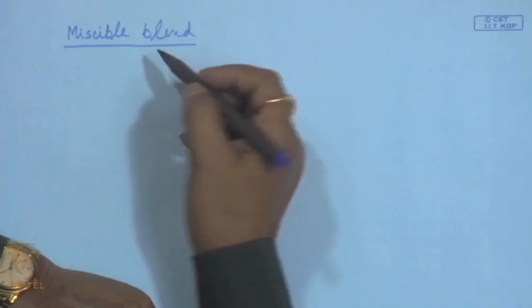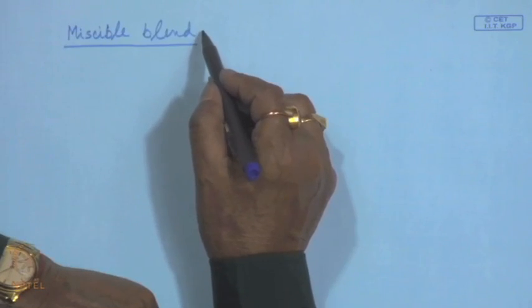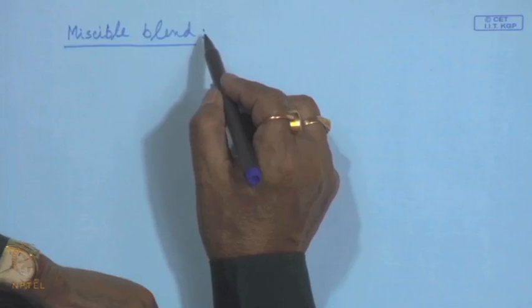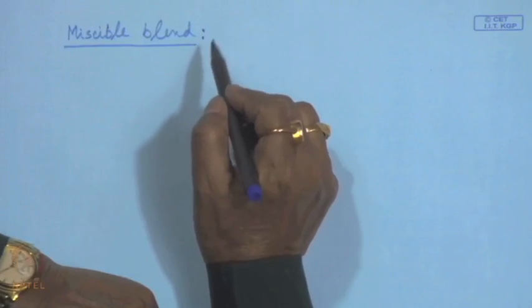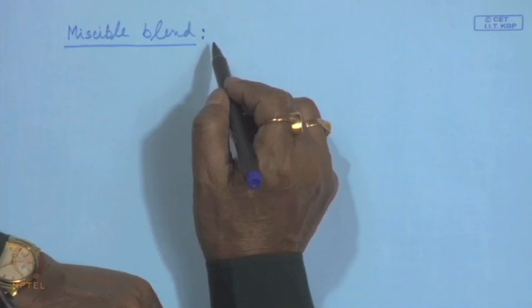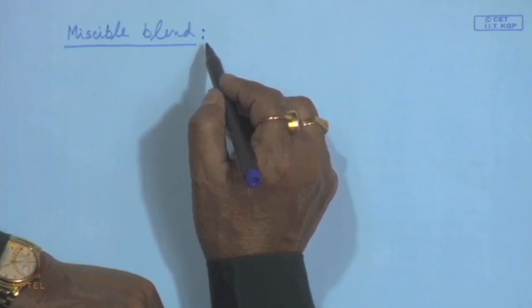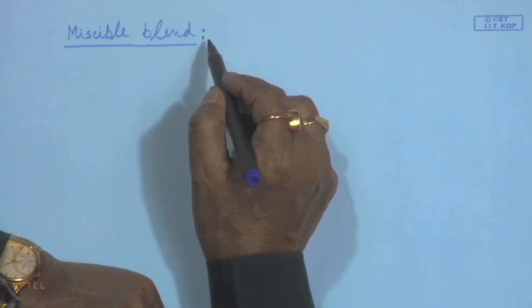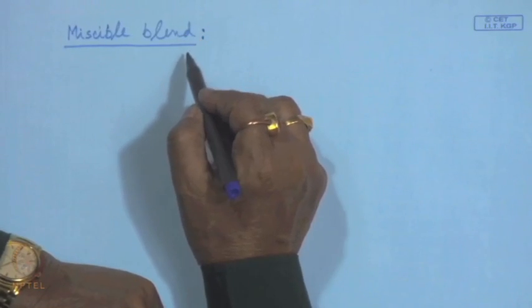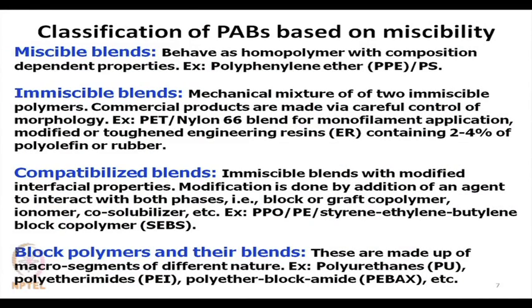This miscible blend should behave like a homopolymer. That means, it can be considered a substitute of homopolymer, at the same time having a higher level of properties over those of homopolymers, as well as development of newer properties which are not available in the homopolymer,